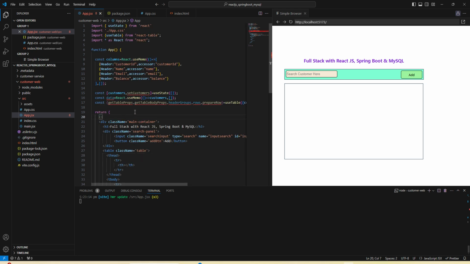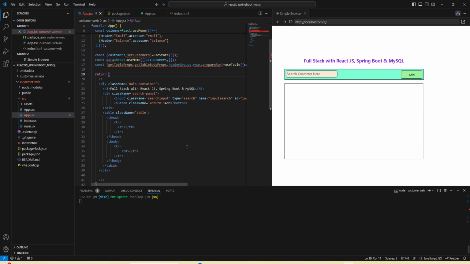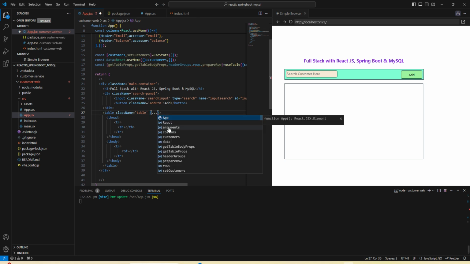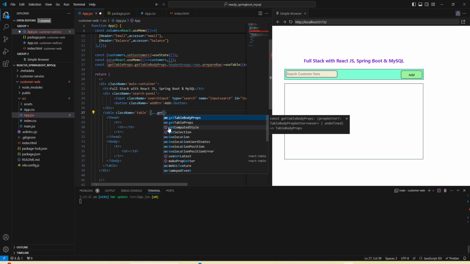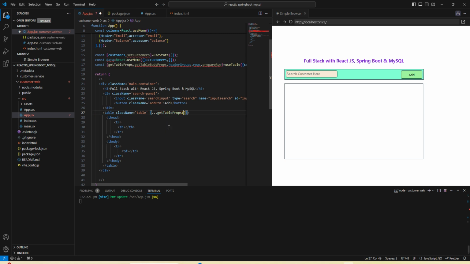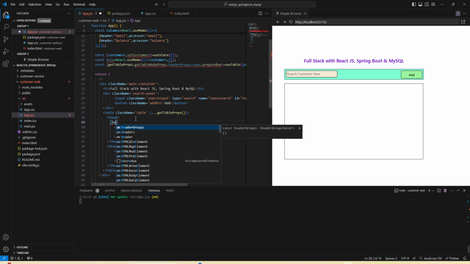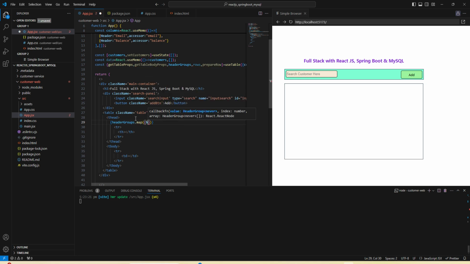Fine. Now these are the functions. Now we can use these functions in our actual table. So let us see now. You can watch carefully how we can make use of these functions. So we can call our function getTableProps here first. Next thing, we are going to use headerGroups and call map on this, and for each header group we are going to